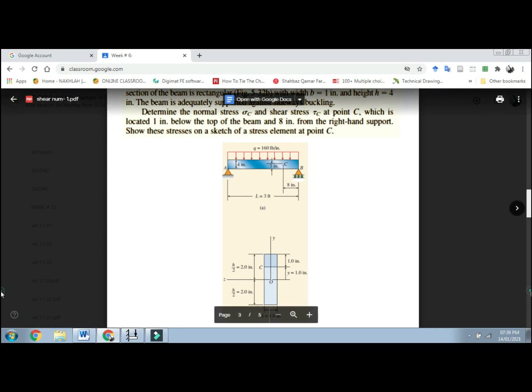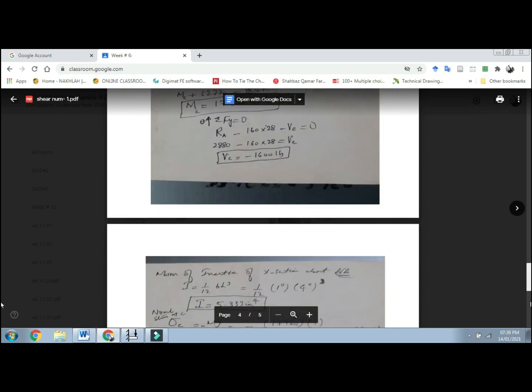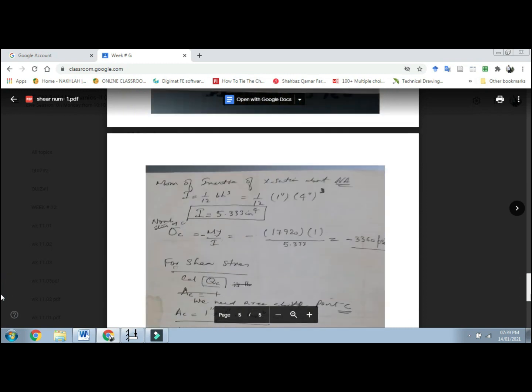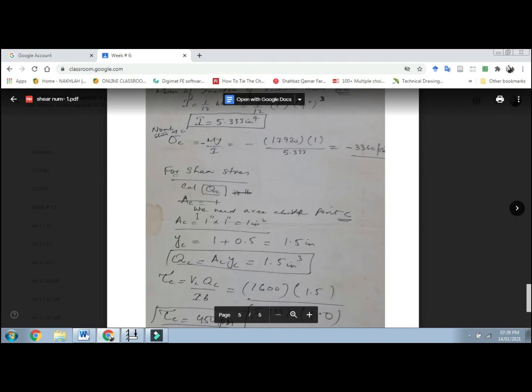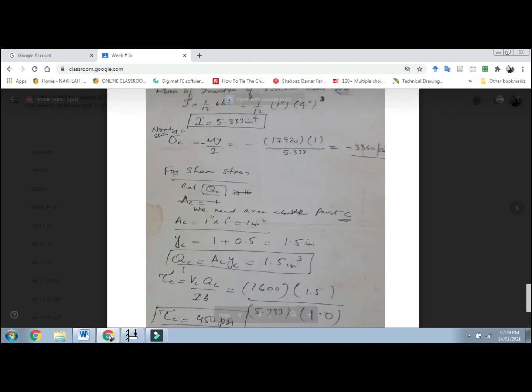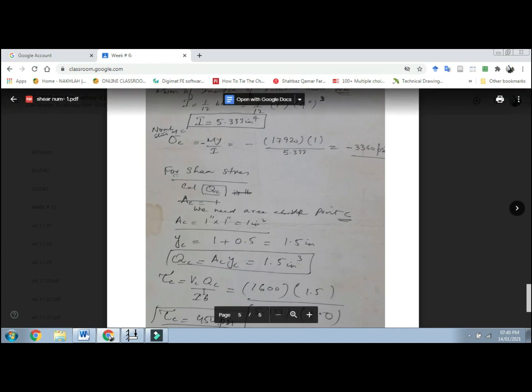So it will be 1.5 inch. Now we are interested in the first moment of area, QC is equal to AC into YC, which is 1.5 inch cubed. So tau C is equal to VC QC over IB,